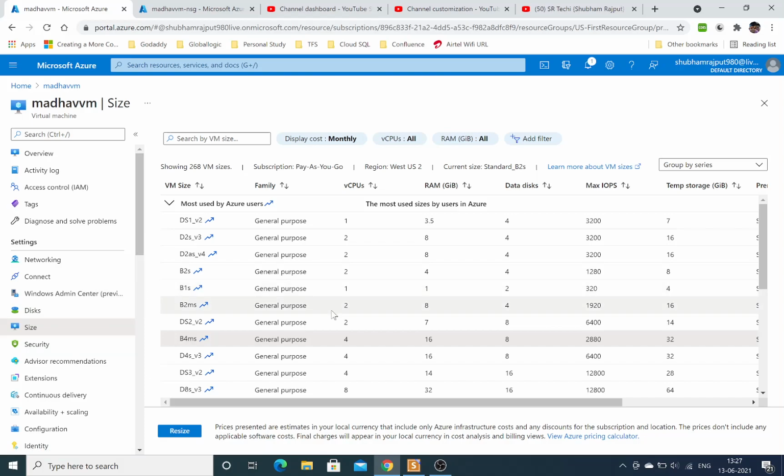This type of resizing we use in case of database machines, basically SQL, PostgreSQL and Oracle, because these databases work on a single system or are installed on a single system.